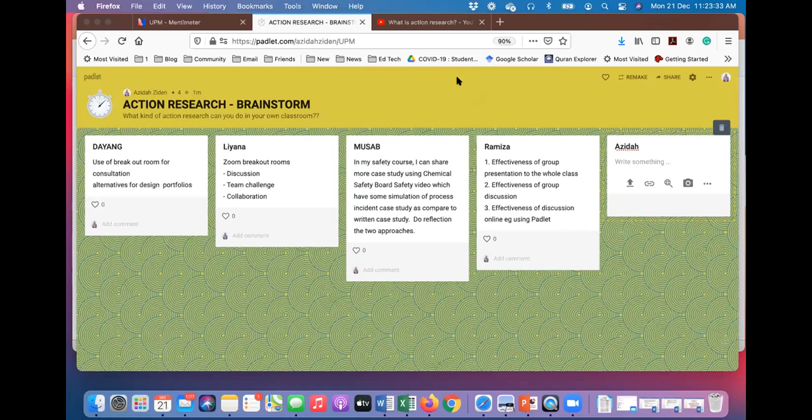Then next week maybe you give them team challenge, and then maybe the other week you give them collaboration, and then maybe the 4th week you just give them some individual activity. No breakout rooms, but you give them individual activity so that you can see the difference between each of that particular